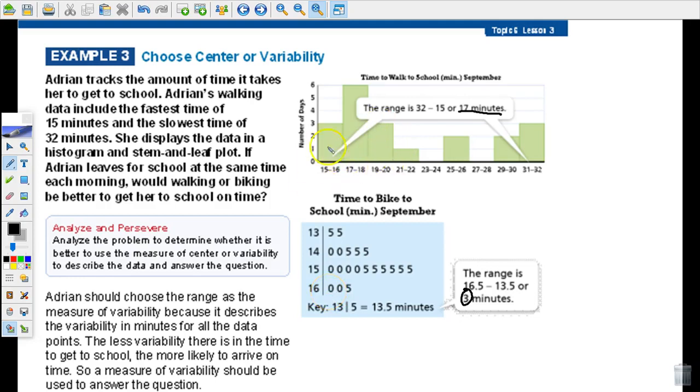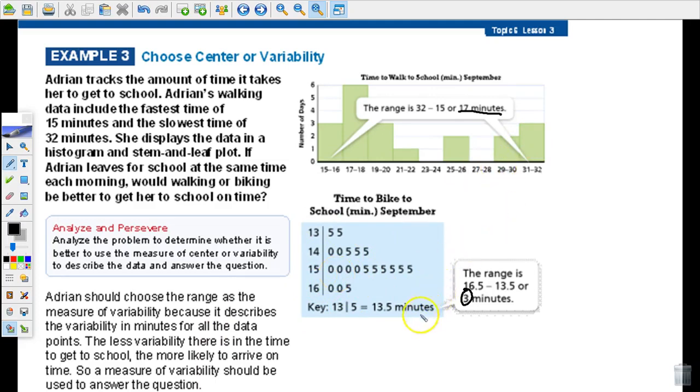Okay? But you have that built-in time. If on your first day you walk 15 minutes to school, you'll be like, okay, I need to give myself 20 minutes so I have 5 minutes in school and whatnot. So I'm good. But then one day it takes you 32 minutes and you're 12 minutes late, and that's never good. Okay. So they're saying the one with the least variability, which the range would be, because the range shows